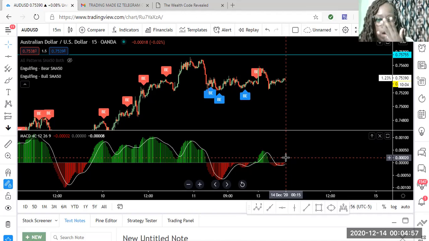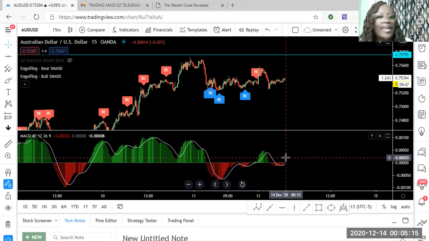Simple stuff. So what that tells me right now is it's not ready for me to get in, right? It's not ready for me to get in yet. And this is what saves you from entering into the market too early. But you have to know what you're looking at. You've got to know just some basic things about market structure